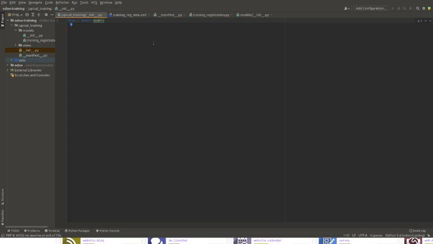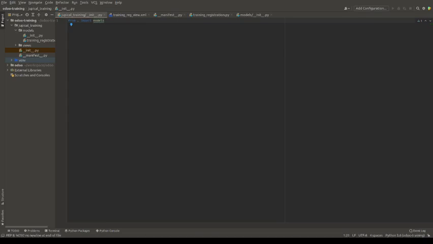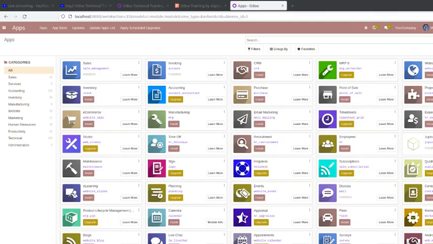And a very important thing: when we load our new module into the system, I will take you to the browser again. Whenever we add our module, it might not appear in the module list, so you need to update the app list to make your module appear on your screen.